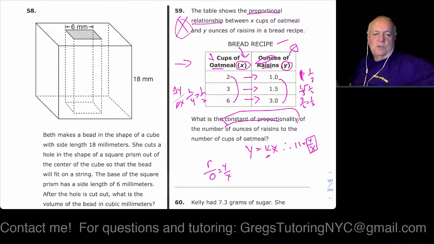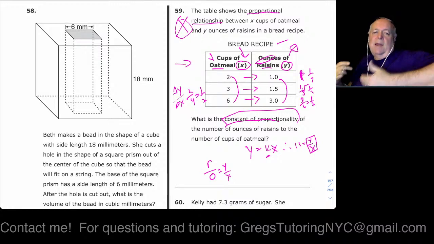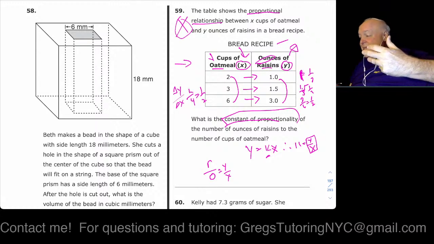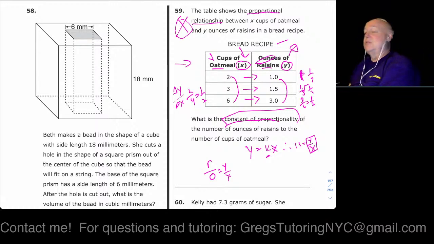All right, so this one wasn't too bad, and you can kind of just look at it, and that's what they're talking about with the constant of proportionality. They do not need to use that term. Also, even when it starts out by saying proportional relationship, they do not need to say that. And there are other terms they can use. They could use unit rate